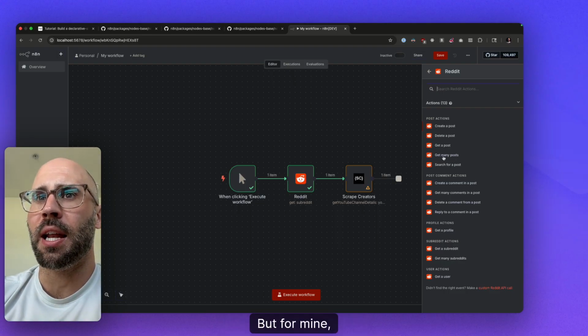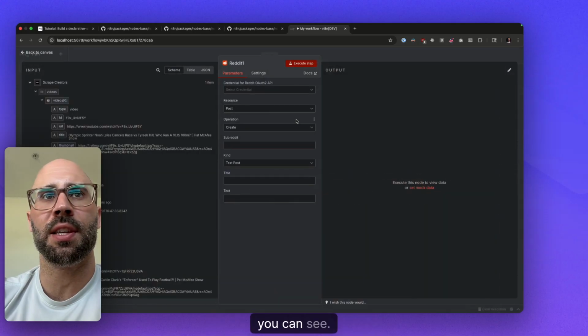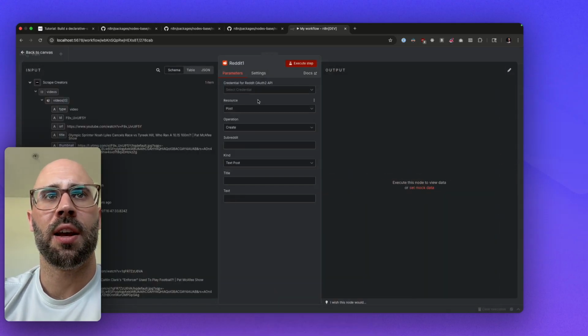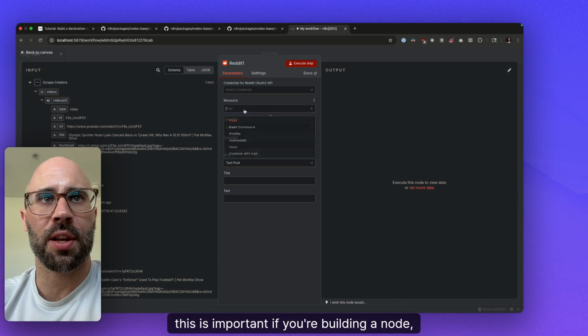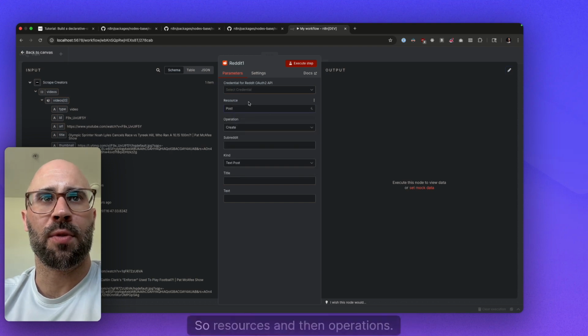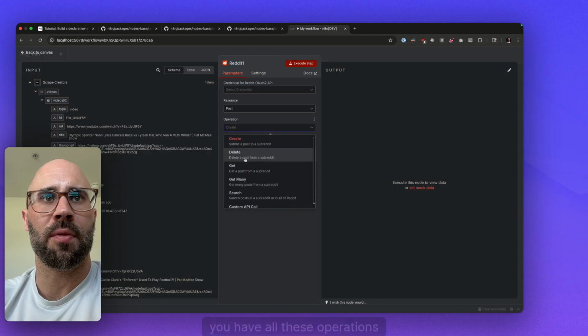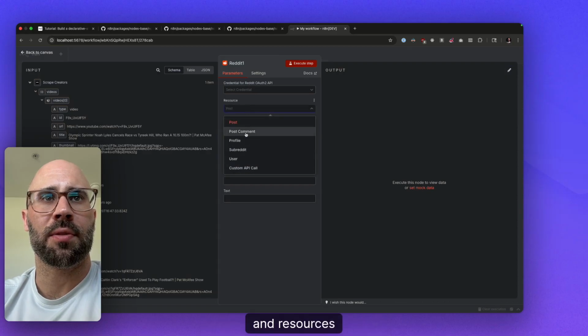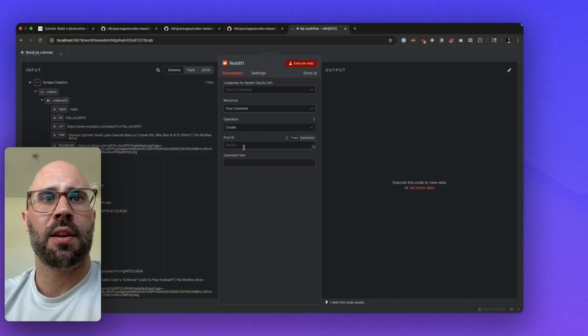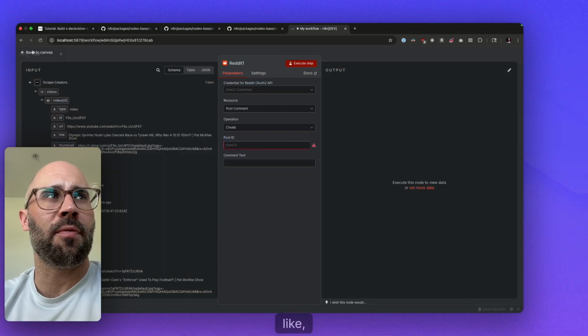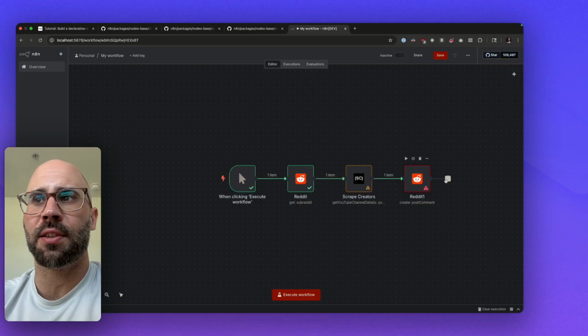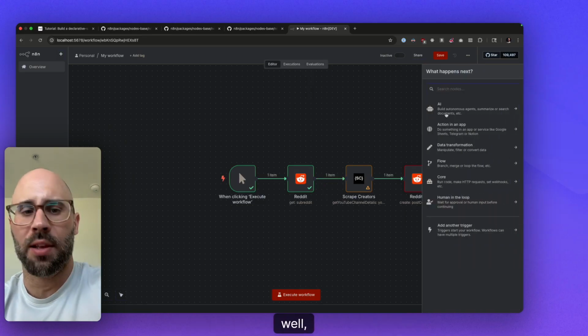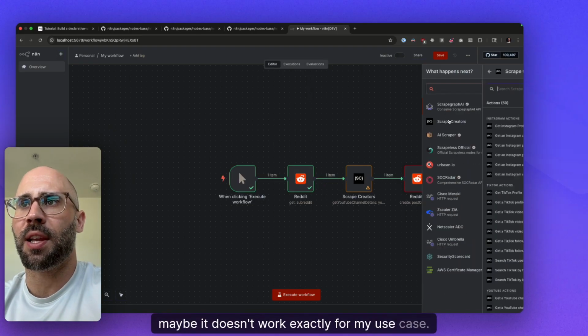But for mine, if you go into this, you can see this is the resource. This is important if you're building a community node: resources and then operations. You can see you have all these operations and resources, and then these are just parameters. But if you're thinking about your own use case, you could see, oh, maybe it doesn't work exactly for my use case. So for me,